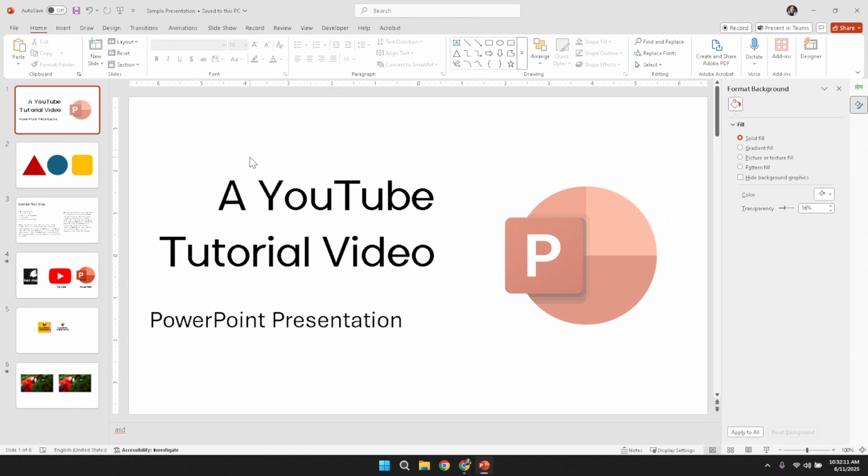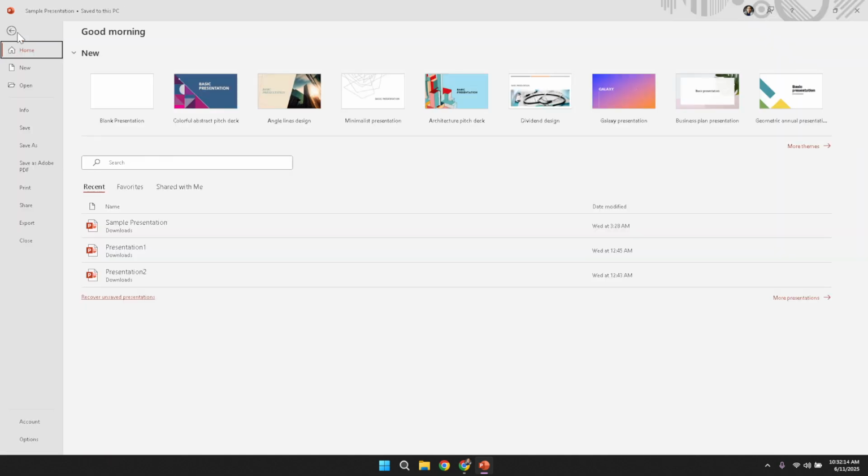With the presentation open, turn your attention to the top left corner of the screen where the main toolbar is located. Click on the File tab, as this is the gateway to many of the settings within PowerPoint. The File tab is essential because it provides access to various configuration settings that can impact the overall performance and